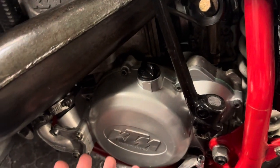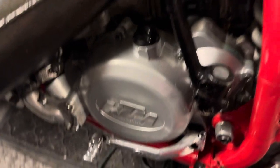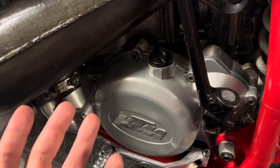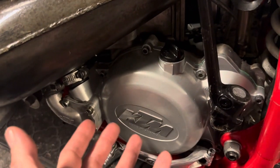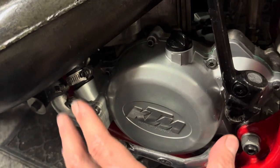Even Yamahas used magnesium. I was mentioning in a short that the YZ490 and the WR500 actually have a magnesium clutch cover. It even says so, right on the other side of the Kickstarter. But because there was no water mixed with it, because they're air-cooled, you don't have the breakdown of the magnesium. Well, with the KTMs, you can have that breakdown. That's what's happened with most of these bikes